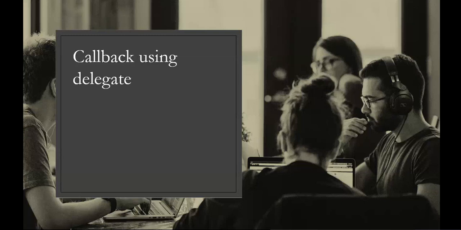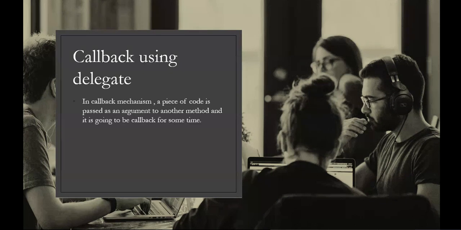So the first question that will be raised: what is callback? Callback is a piece of code which gets executed again and again and again. Okay, and obviously this functionality we are going to implement using delegate.